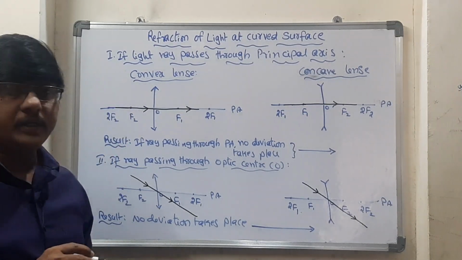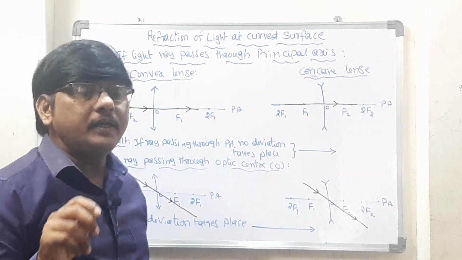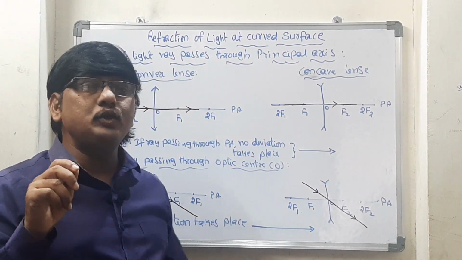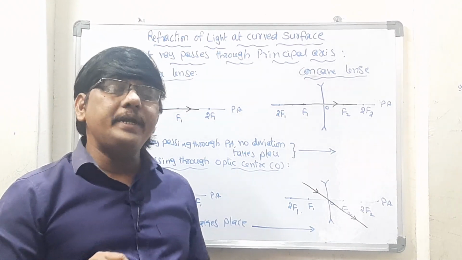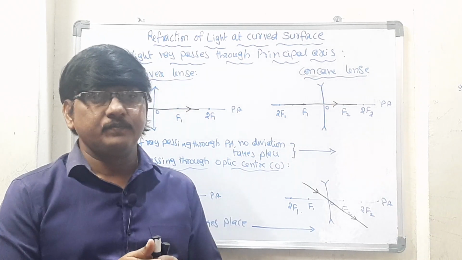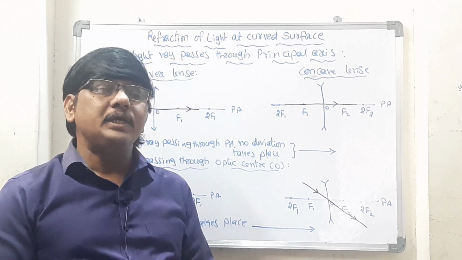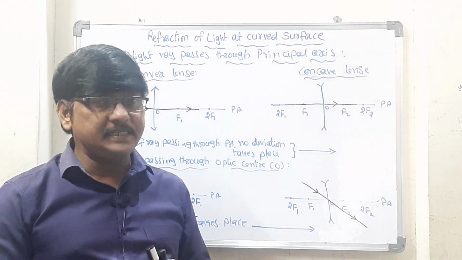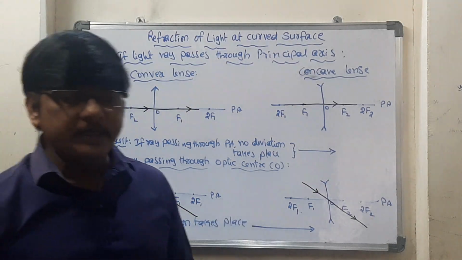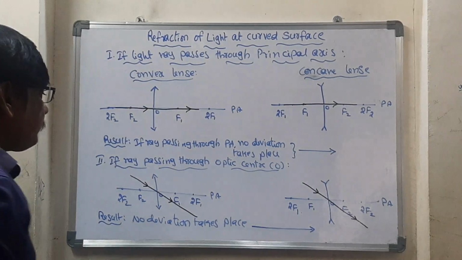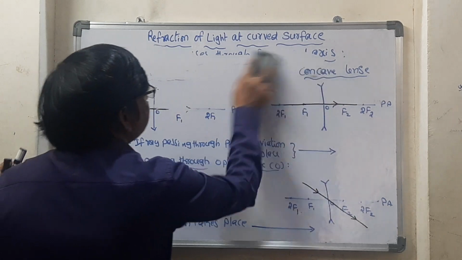These two are very important cases, and many times in exams a 2 marks question was asked: just express any two situations where a ray doesn't deviate when it passes through the lens. When it is passing through the lens, when will there be no deviation? If it is passing along the principal axis, or if it is passing through the optic center, there will be no deviation. Okay, take a screenshot, we will go for the next concept. Okay, right. And the next case we will see now.